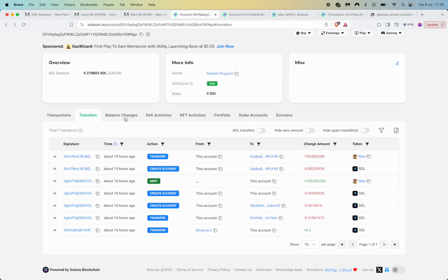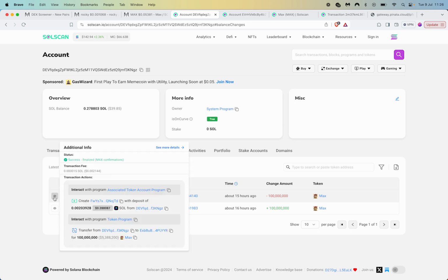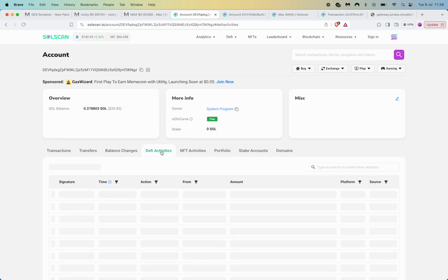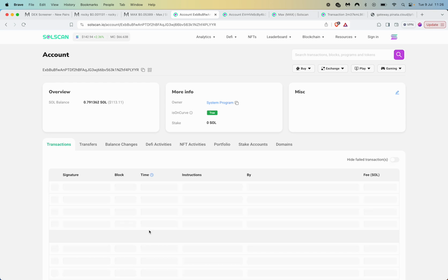And so here he minted the token. You can see balance changes. So previously we looked at the token address from a Solscan perspective. Now we're looking at the specific wallet and how you can analyze. So you can see here we had 100 million Max when it was minted, and here 100 million Max was transferred to this address. I believe from what I'm seeing here, there was a transfer. Let's go to DeFi activities. Okay, so there was a transfer to EXP,